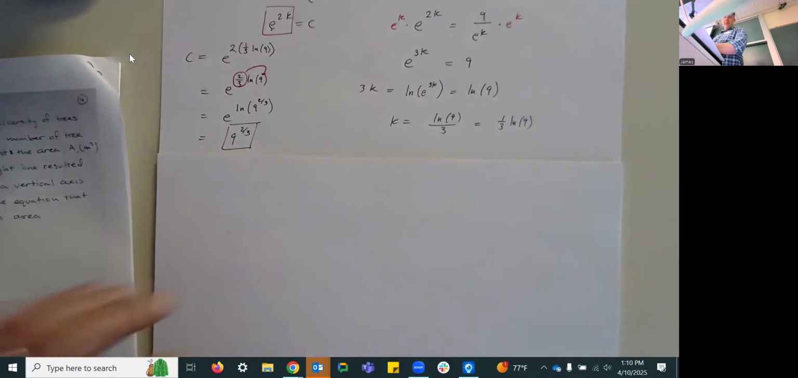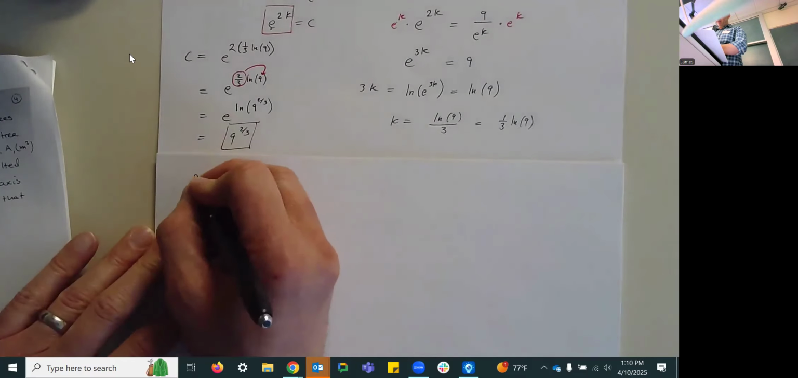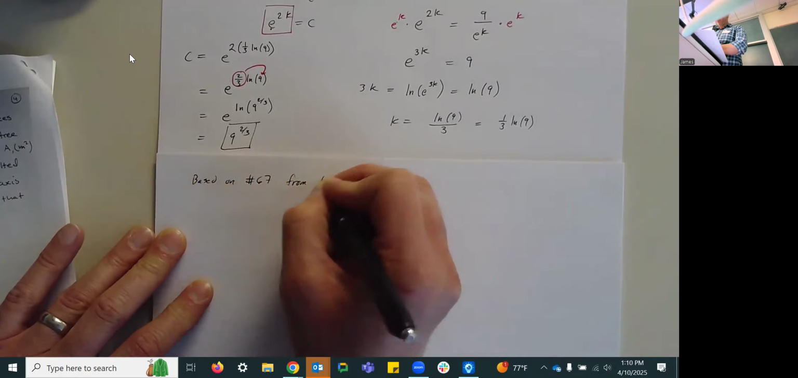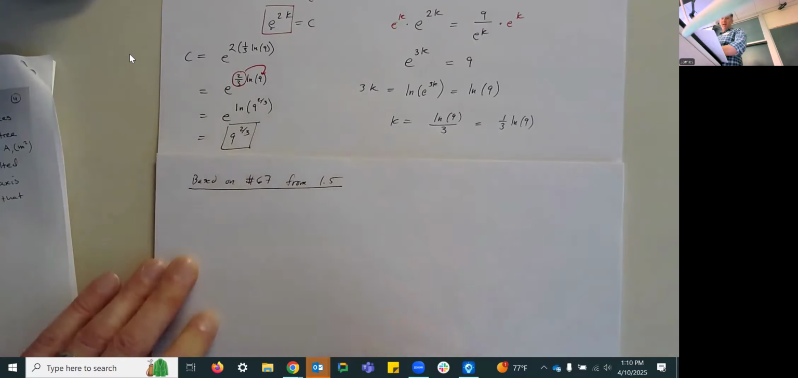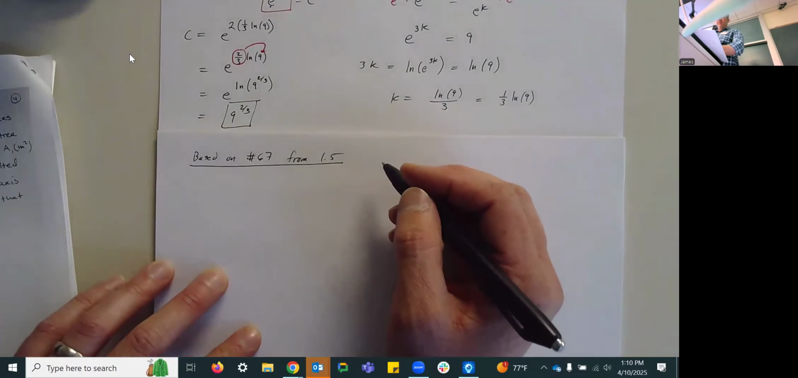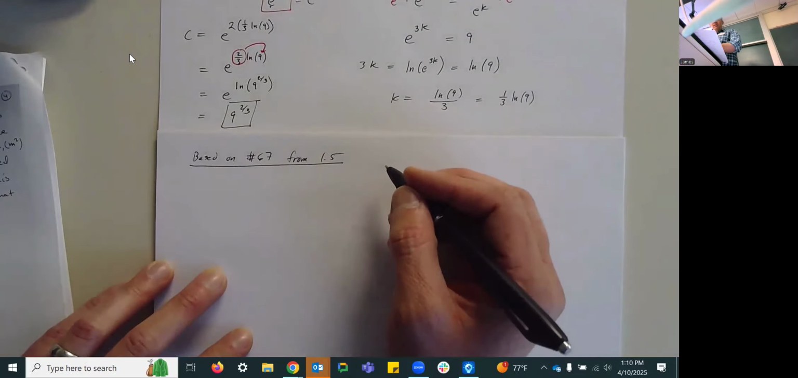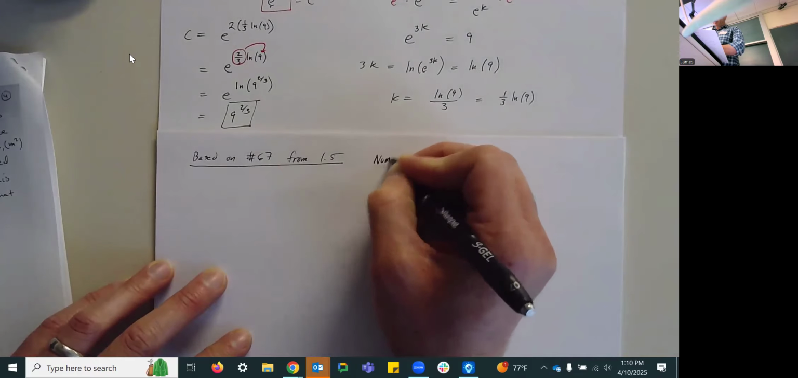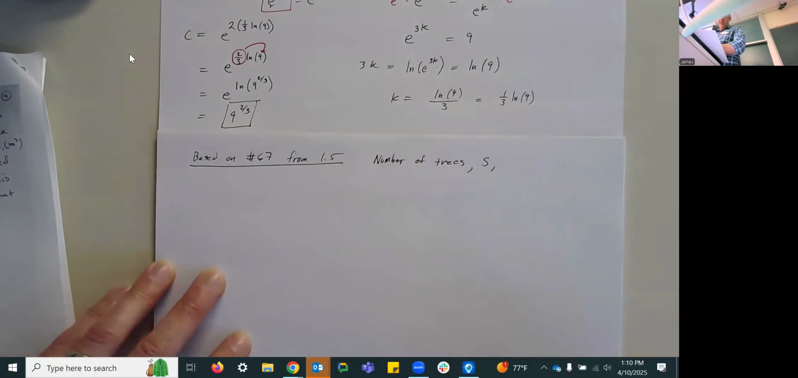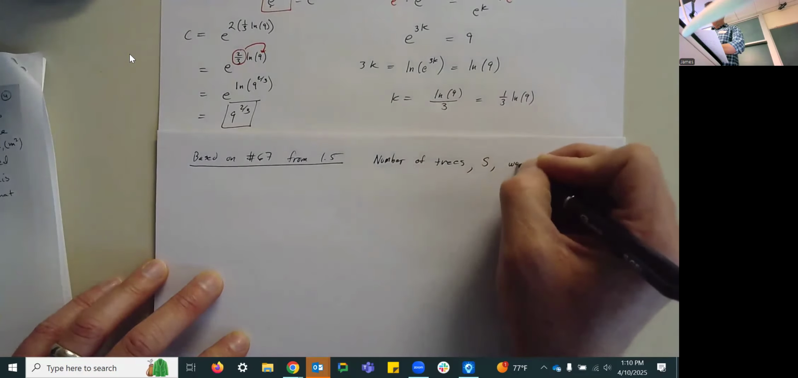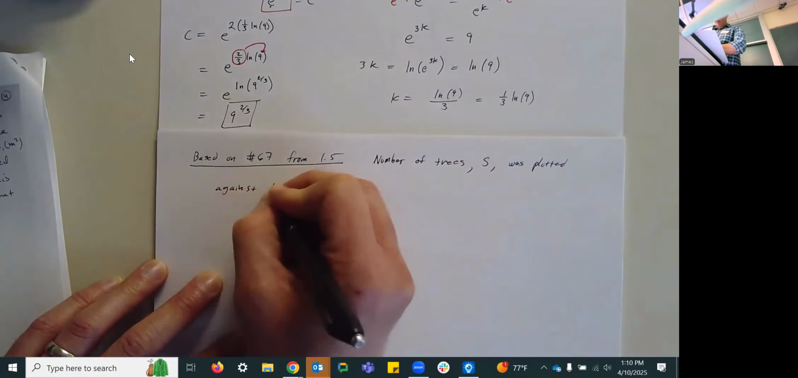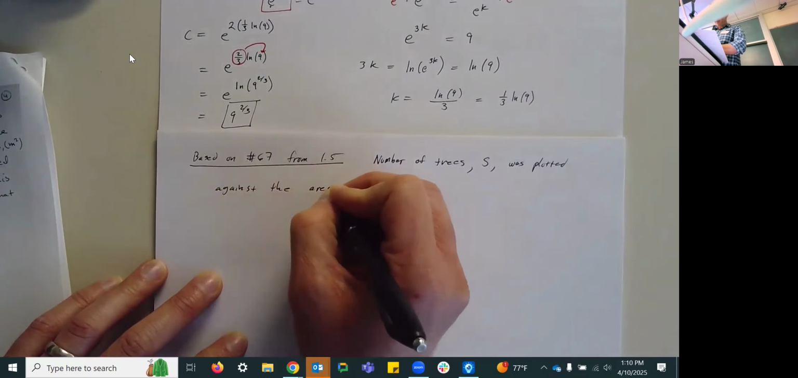This problem is not exactly the same as, but is based on, number 67 from section 1.5. I'm going to try not to write out all the words here because there's a lot of words. So in a case study of the biodiversity of trees in the tropical rainforest, the number of trees, which we will call S, was plotted against the area, capital A,